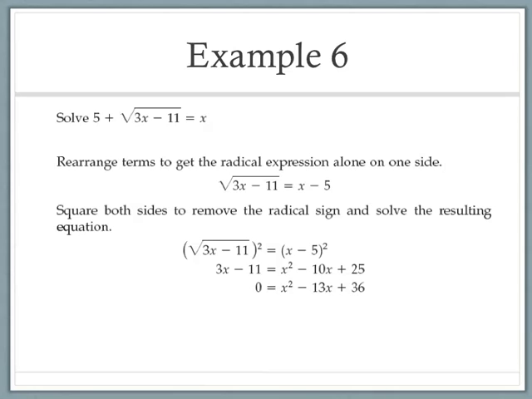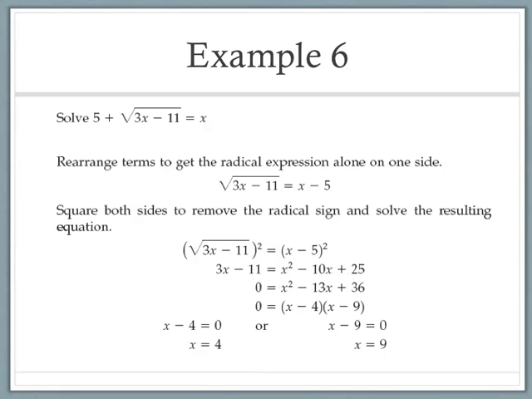And then we can try to factor that, and this is factorable. It becomes x minus 4, x minus 9. So we can set each of those equal to 0 and then solve, so we get x is equal to 4 and x is equal to 9. Now don't forget that for these types of equations, we need to check our answers in case we have any